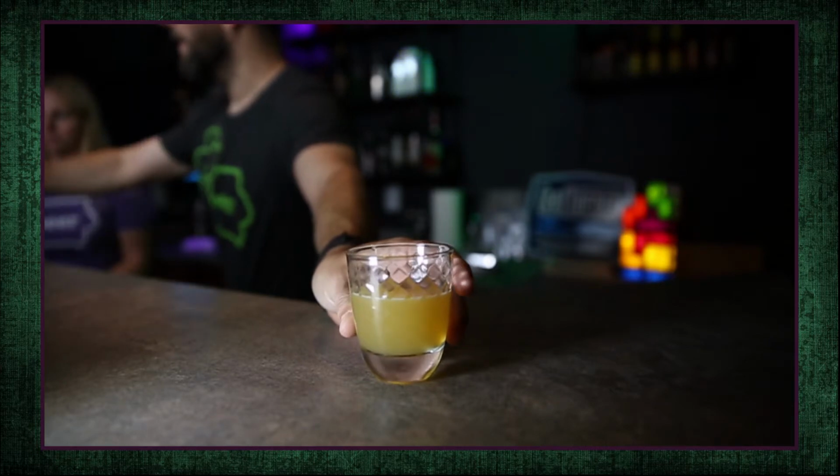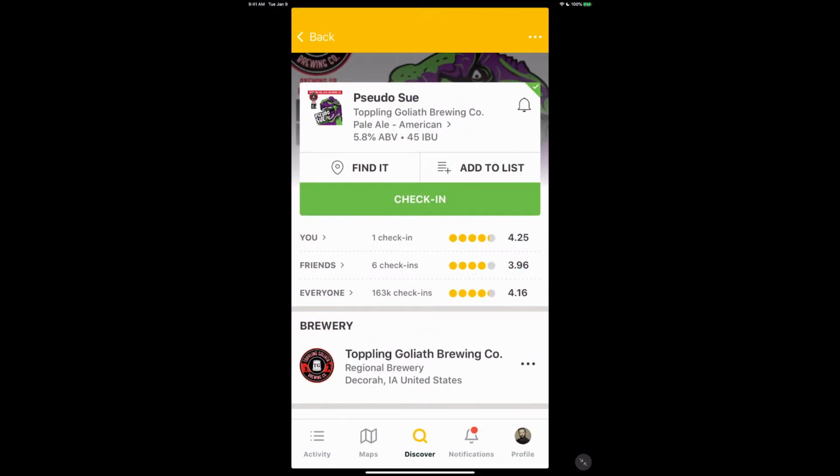It's not listed as a hazy. It's supposed to be a pale ale, but it seems to have a little bit of that hazy look. That, or we just got bottom of the barrel. I don't know. No, I'm just kidding. It always kind of looks like this. This one is really good. We can tell because we can just go through the photos and it's all kind of hazy like that. But see this again, if I flip over here, just to show you guys,